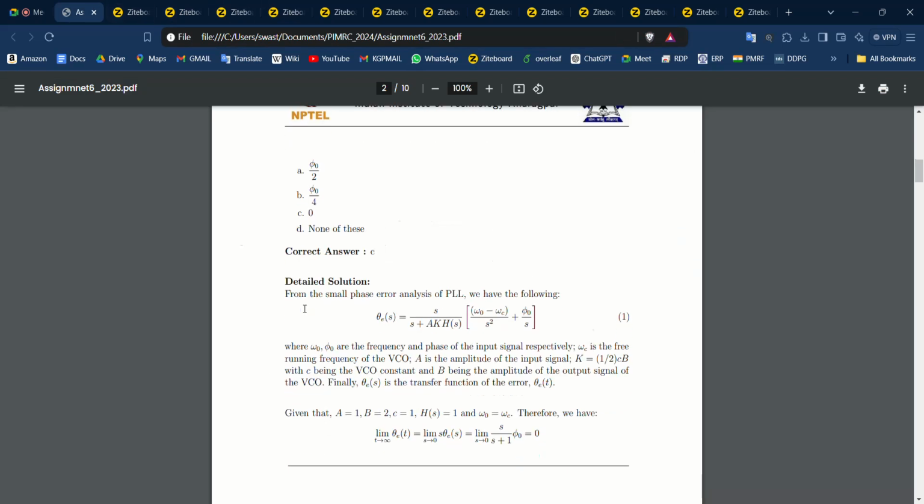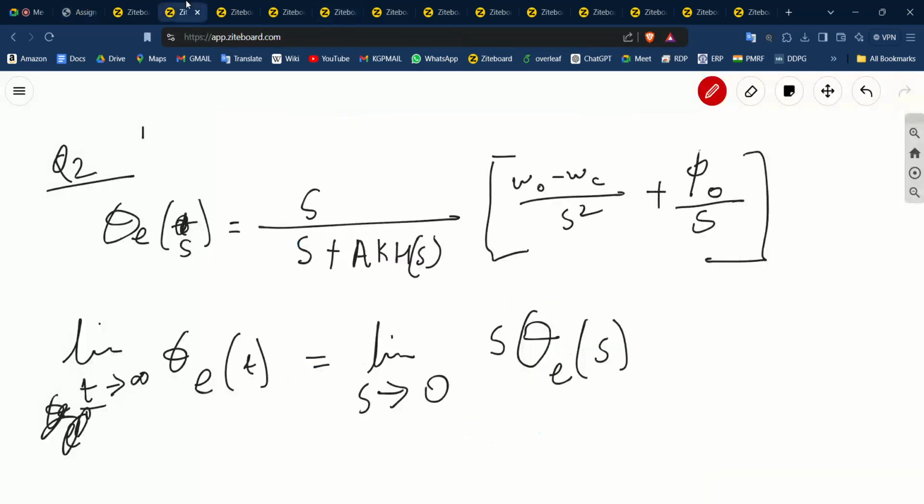So limit s tends to 0 s theta_e(s). So let's put s tends to 0 here in this, and then this will evaluate to